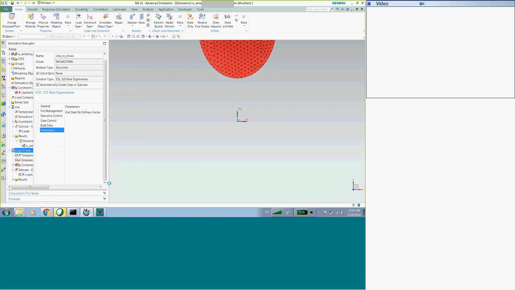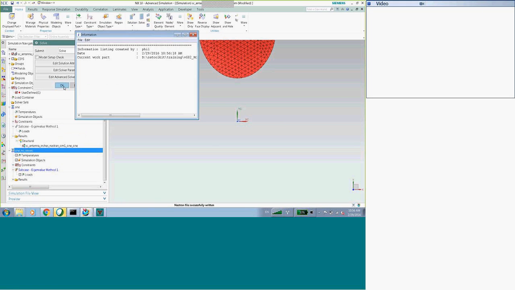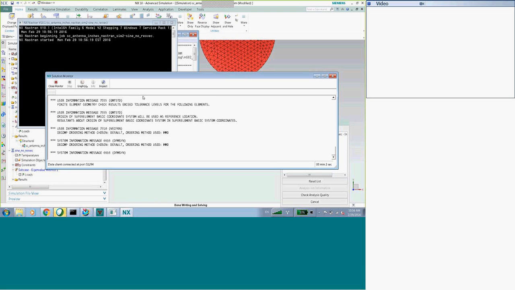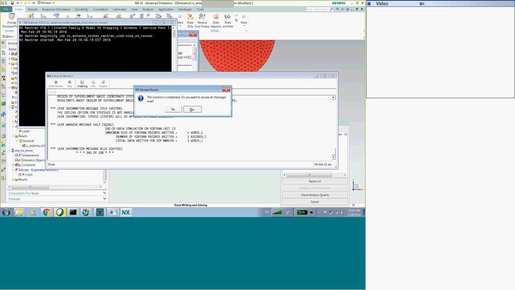So what I'm going to do is point to none. That will create a new OP2 file. I only have 10 modes this time.